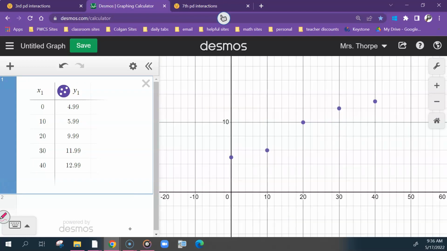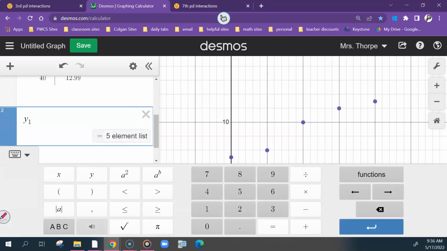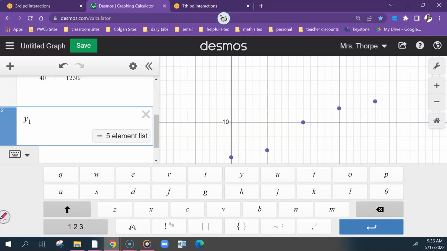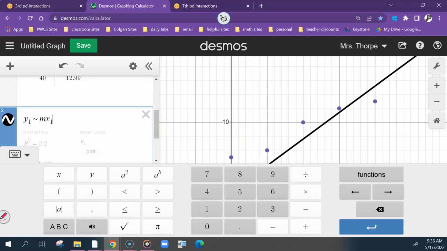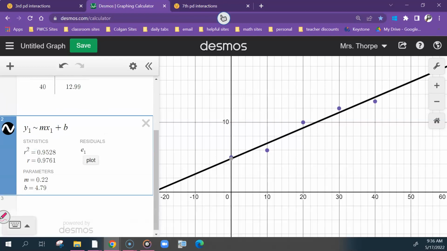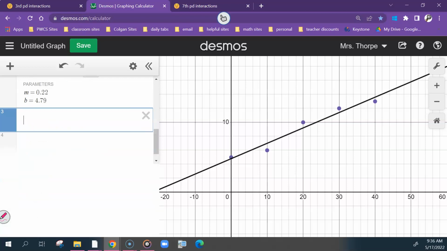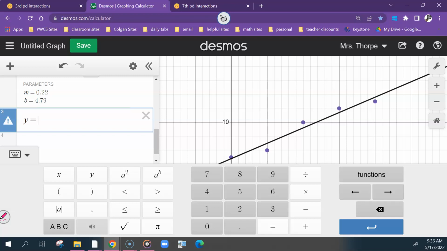So this kind of looks like a line. I can put in my line of best fit equation, y1 tilde mx1 plus b, and it would give me my parameters. So I could put that equation in. Y equals